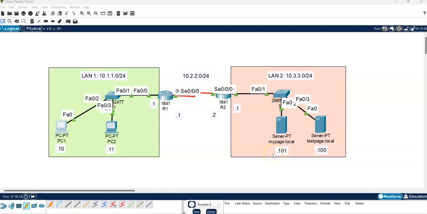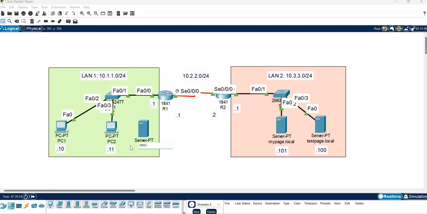Hello and welcome again. In the previous two videos of this static routing, we configured the basic topology, then configured the interfaces and the routing. And in this video, I'm going to show you how to provide services such as DNS. So in this site, if we have a DNS server, we will go to the end devices and then grab one of the servers here, and let's call it DNS,